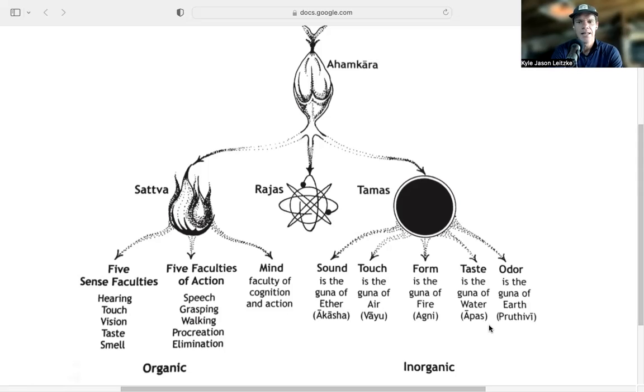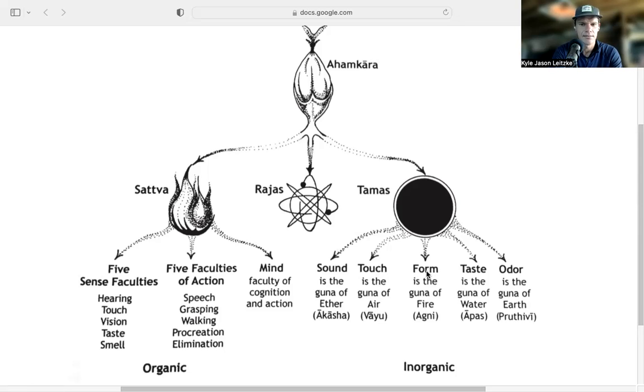But that's the elements, and then the, I guess, aspects of it is next, sound. So then each of these elements has kind of an application in the physical realm. So space allows for sound. Air allows for touch, movement. Fire allows for form